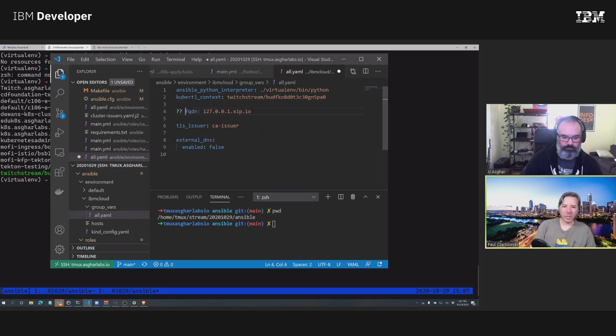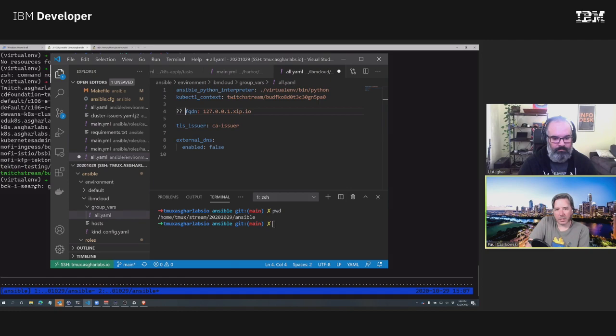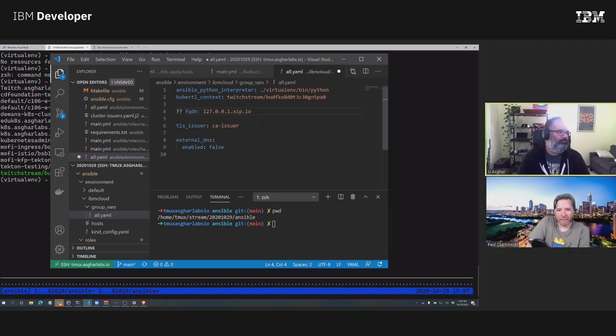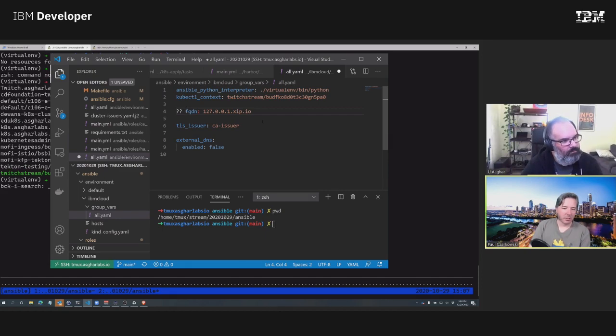So we don't know what that's going to be. Oh, we do, don't we? How do you get the host name of the? Oh no, we'll probably create a new ingress anyways. You still need the IP. We won't create a new ingress. Well, if we create a new ingress, we create a new load balancer and get a new IP.